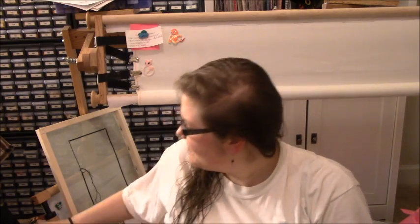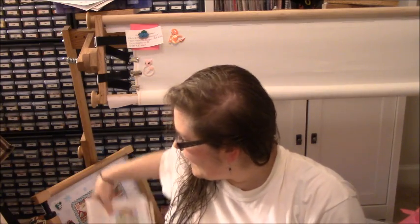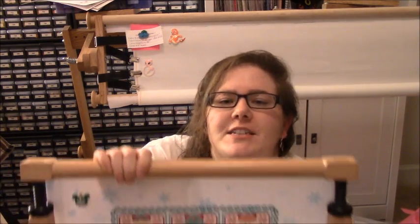So, Joyful Christmas. I had a staycation 2 weeks ago at this point, where I just stayed home and did whatever I wanted, and it was amazing. I started off by working on Joyful Christmas, so I do have some stitchy progress. And I made it to the 2nd magazine. Like I mentioned before,